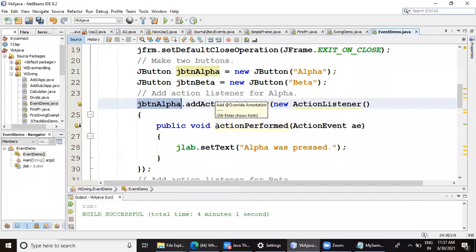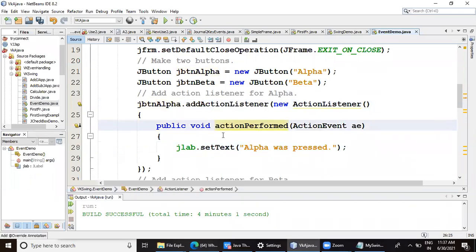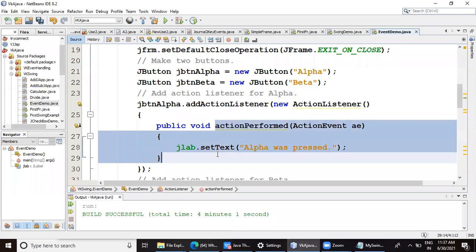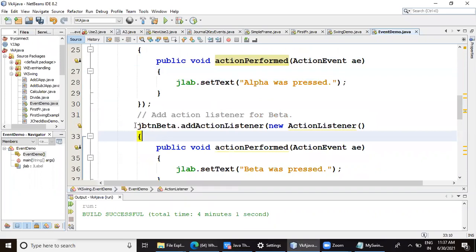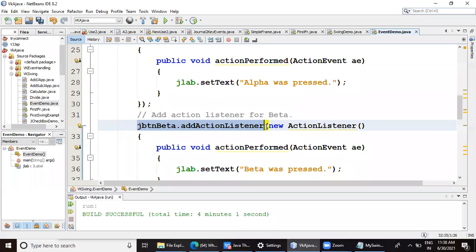Now this method has got advantage as well as disadvantage. Advantages, there will be no confusion if there are multiple buttons, because this method is exclusively for the use of alpha button only. The disadvantage would be, here, you can see now. What is the disadvantage? Now, when I come across this beta button, now I have to register this beta button also with the listener.